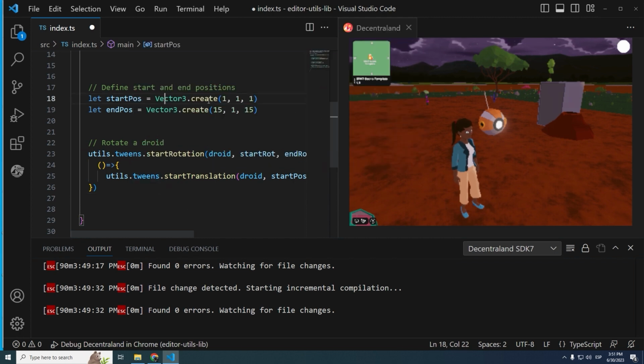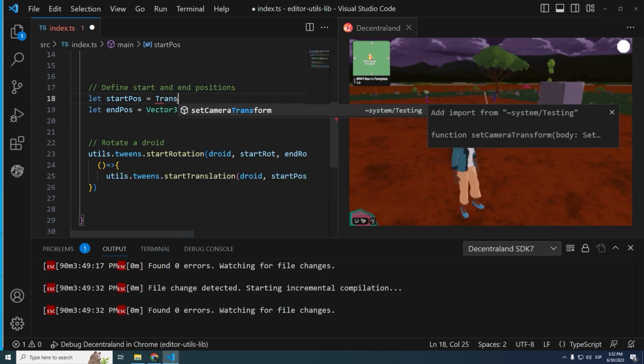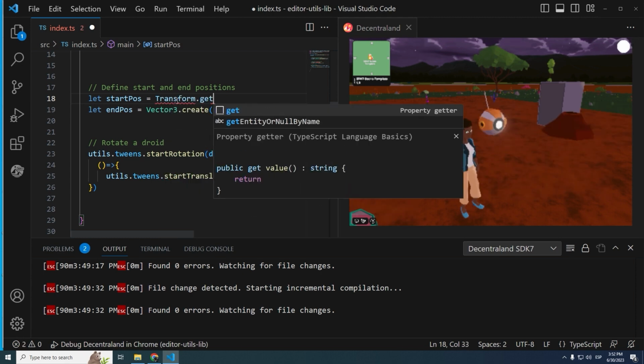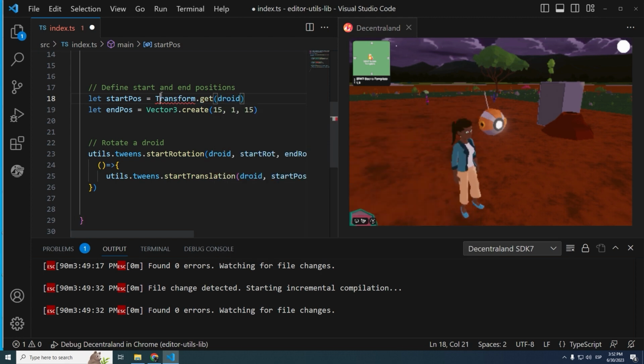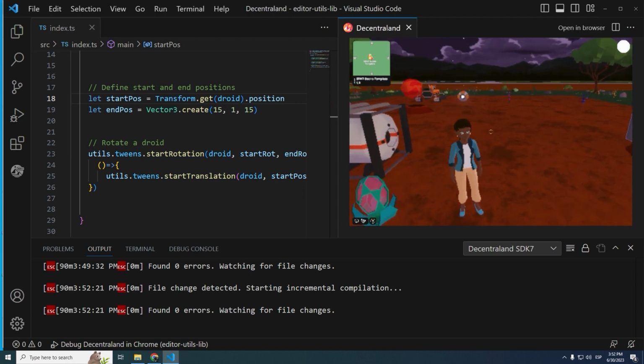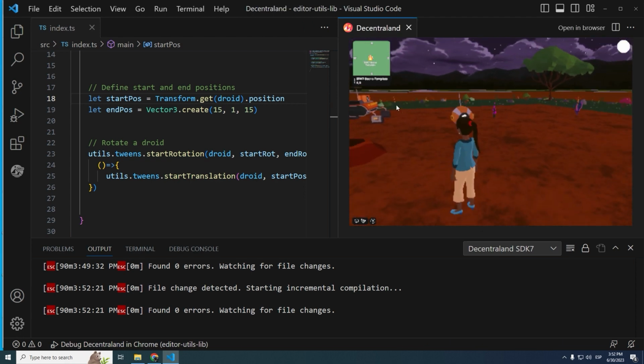And in this case, let's make sure that these numbers make sense. Rather than defining a random vector position, let's instead fetch the droid's current position. So we can do the get. We have to import Transform as well, so little light bulb, and position. So right now we're fetching the position from the droid's transform component, and once it finishes rotating, it's gonna move somewhere else. Oddly enough, it's not moving to where we actually wanted it to go,